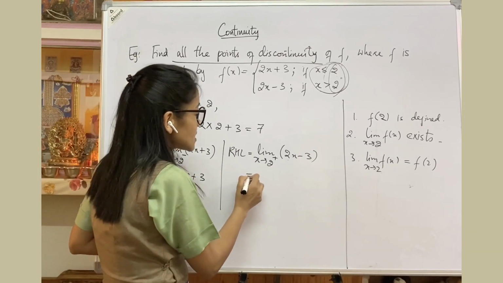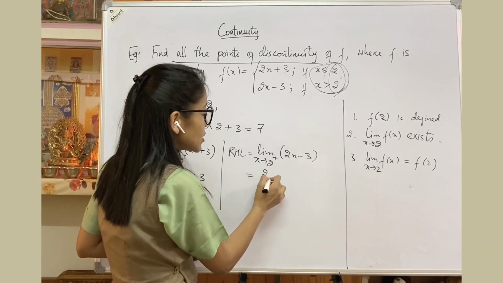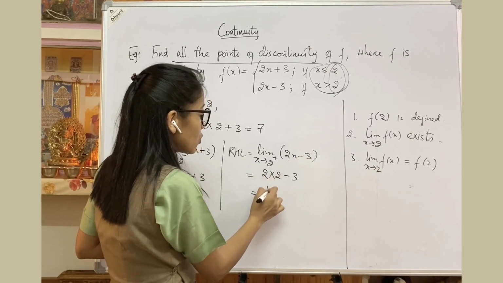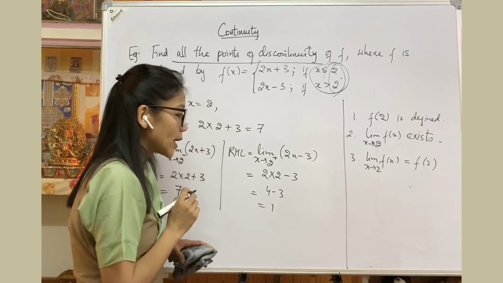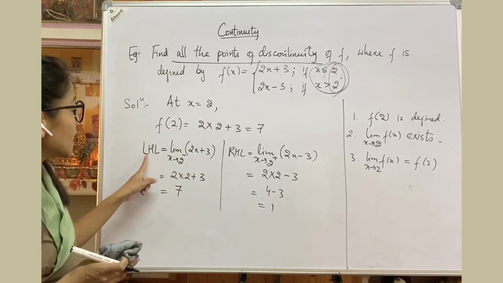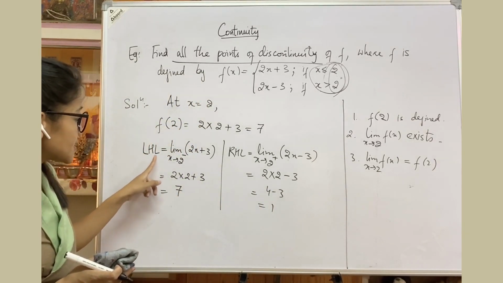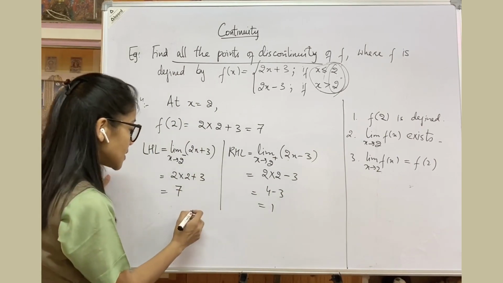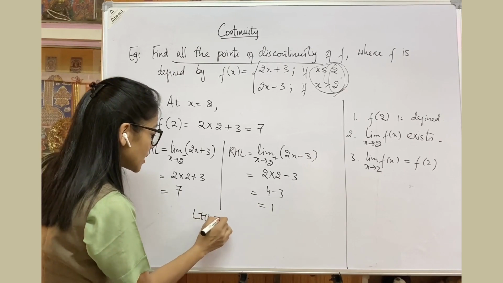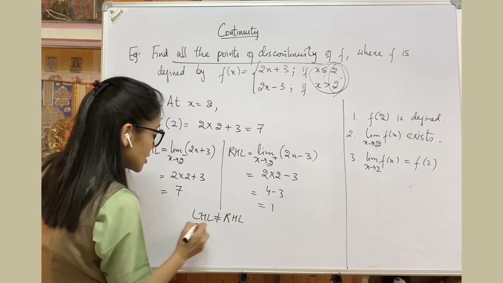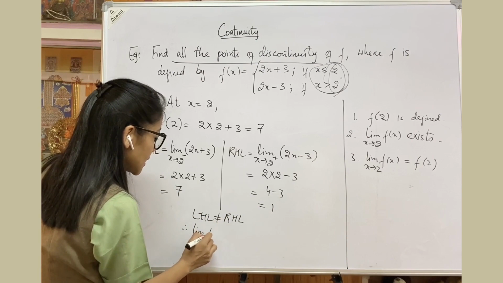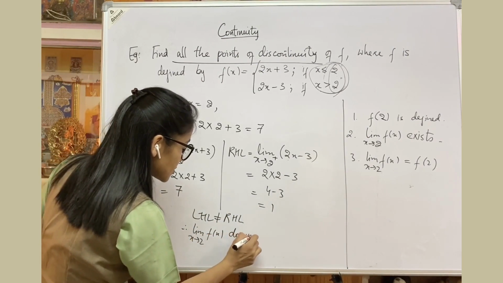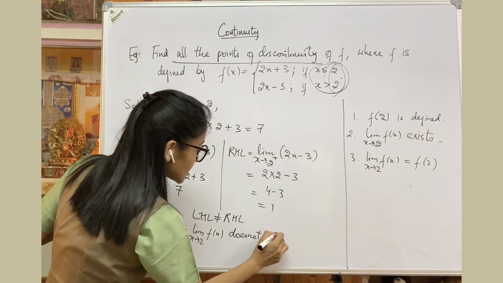So now you substitute the value here. That is 2 into 2 minus 3. So 2 twos are 4 minus 3, that is equal to 1. Now what do we get? Left hand limit is equal to 7. Right hand limit is equal to 1. So this means left hand limit is not equal to right hand limit. Therefore the limit of f(x) as x tends to 2 does not exist,